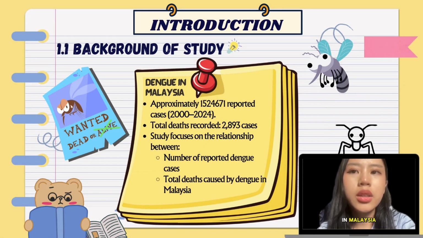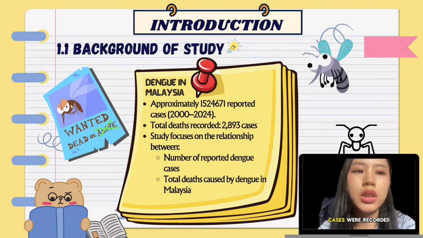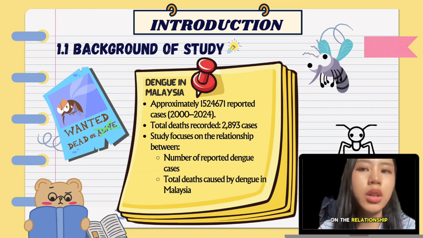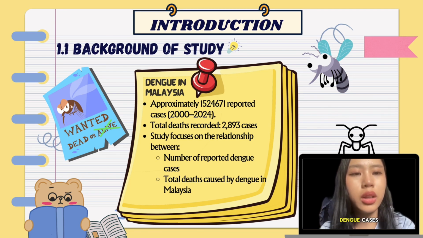In Malaysia, approximately 555,000 reported cases were recorded from the year 2000 until 2023. The total deaths recorded are 2,076 cases. This study focuses on the relationship between the number of reported dengue cases and the total deaths caused by